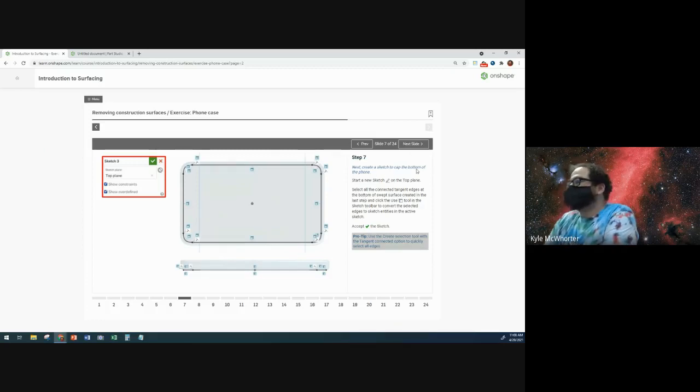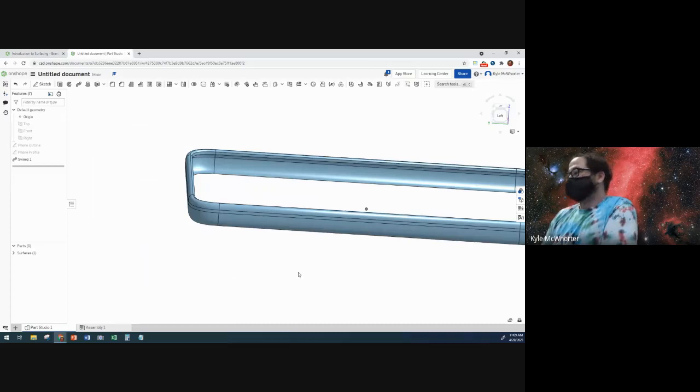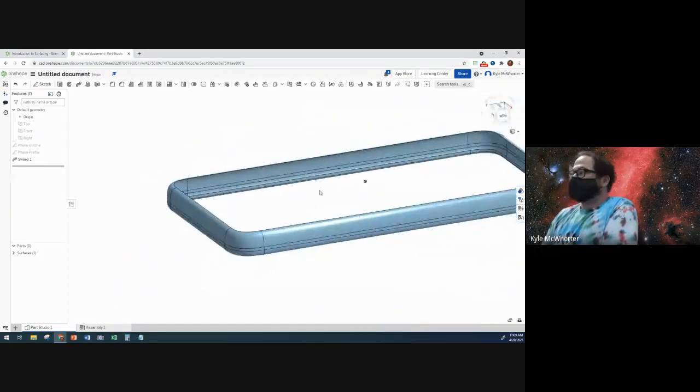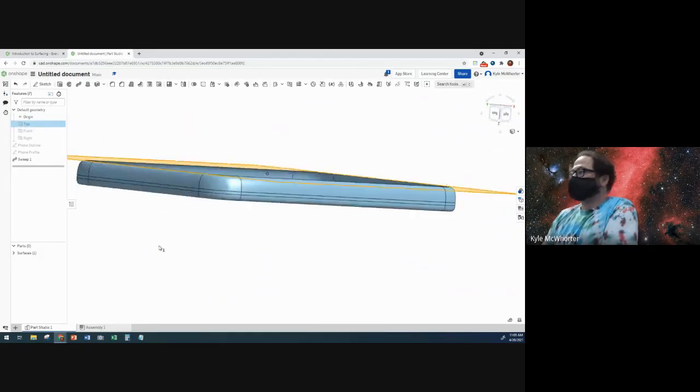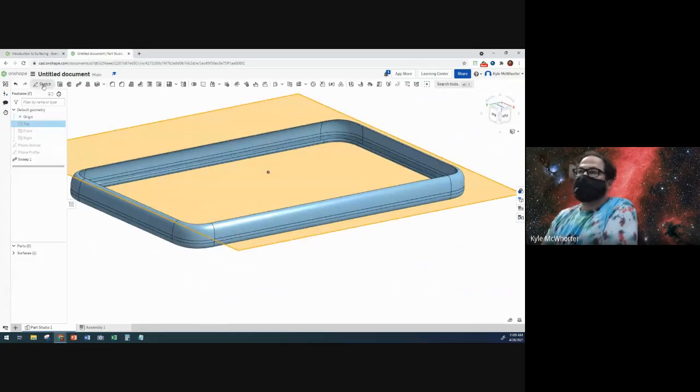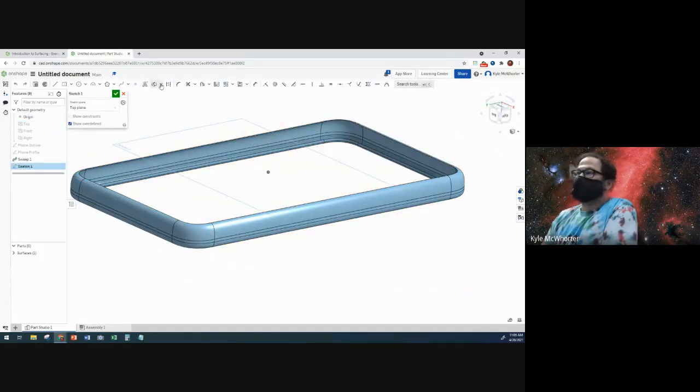Okay, next we are going to make a sketch to basically fill in the bottom. We're going to do the use tool, and we're going to select the bottom edge of the sweep that we just did, because that's where it touches the top plane. In the next step, we will turn that into a surface. So we're going to make a sketch on the top plane, which is actually the bottom of the phone. We're going to do the use tool,